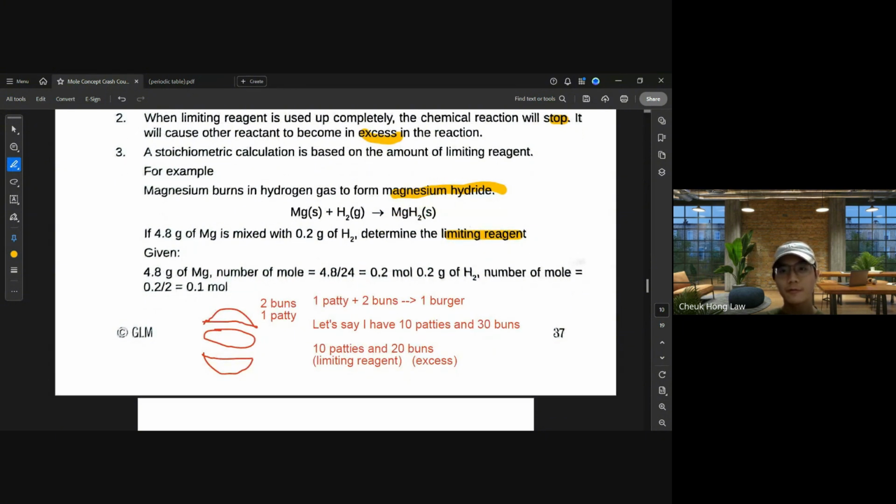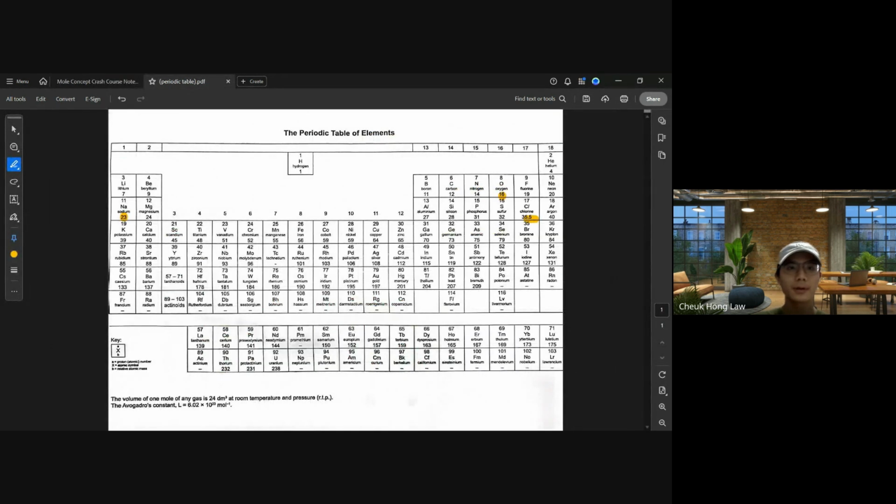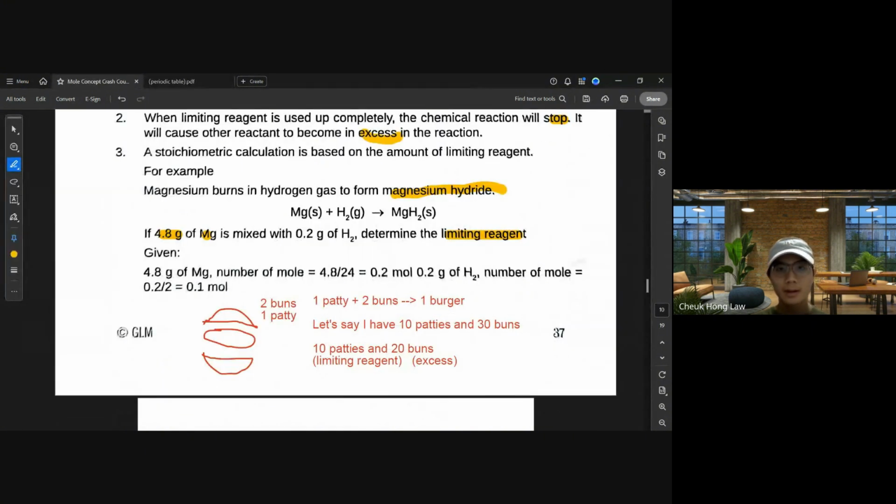So first I will have to find the number of moles for both of them. Number of moles of magnesium, I can use mass divided by MR, because they give me the mass and I know that magnesium is from the periodic table. It's a known substance. So the MR of magnesium is 24. So the number of moles for magnesium is 4.8 divided by 24, which will give me 0.2